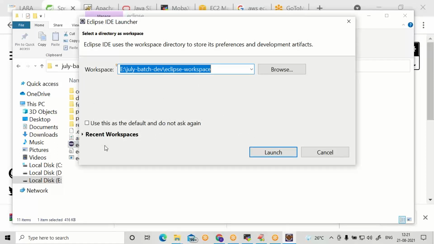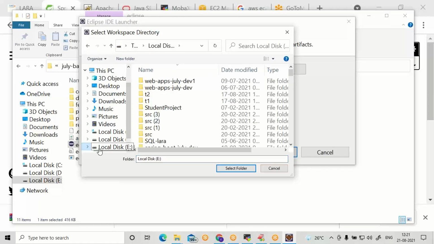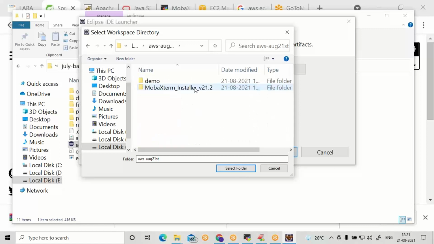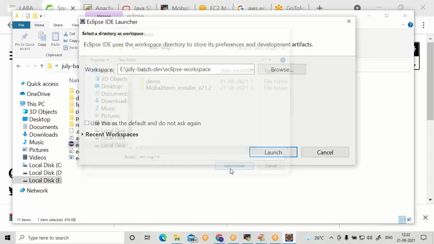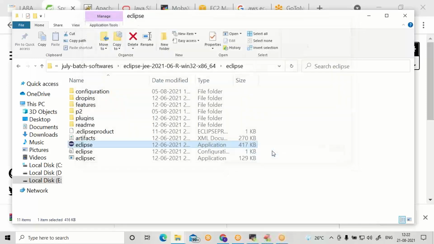Don't choose the default workspace. Click on Browse. Go to the E drive. I created one folder, AWS August 21st. Select this folder as a workspace. In this folder only our demo is there. Click on Launch.